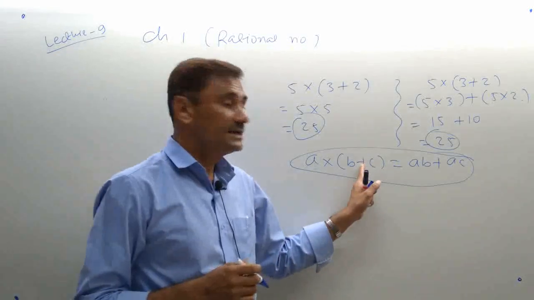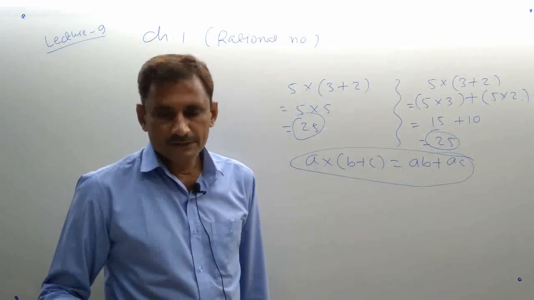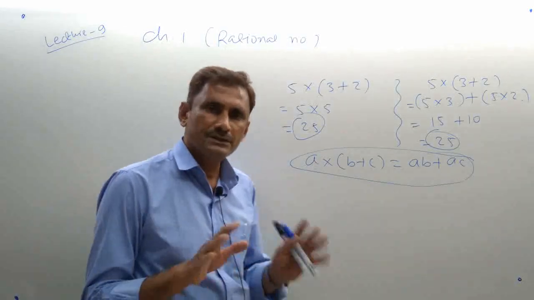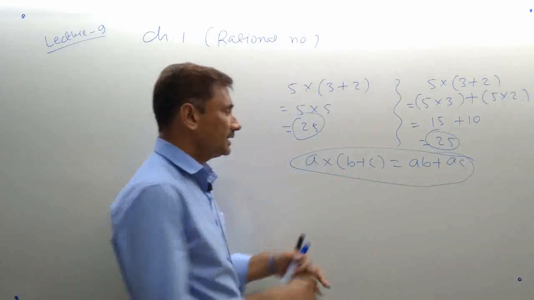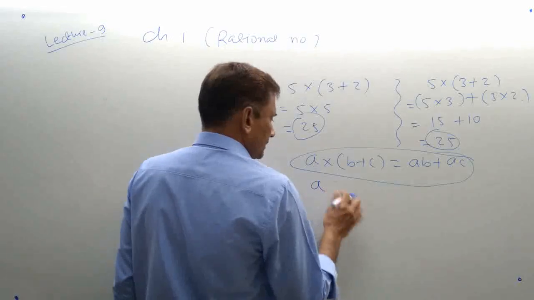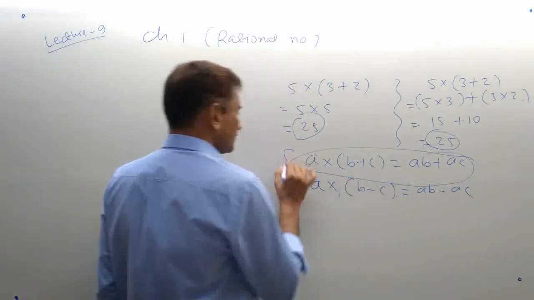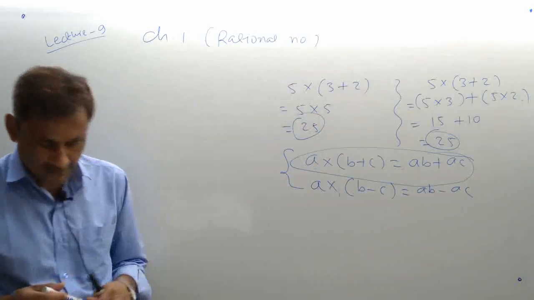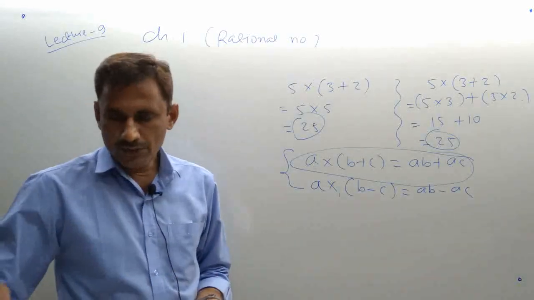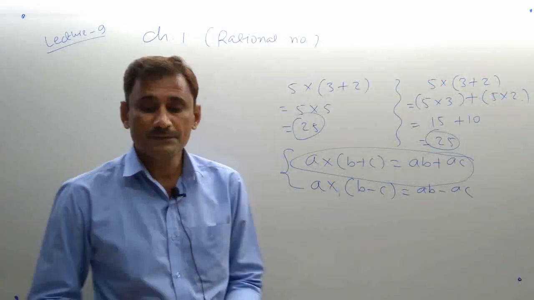Over addition means here addition is there, subtraction can also be there. So property 6 means addition, and subtraction is automatically covered. Subtraction is one type of addition only. So if you are talking about addition, then you understand there is this law also: AB minus AC. So this is called the distributive law, meaning opening of the bracket.